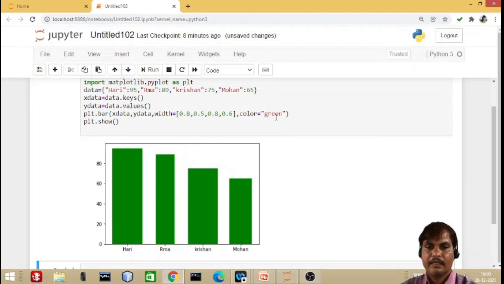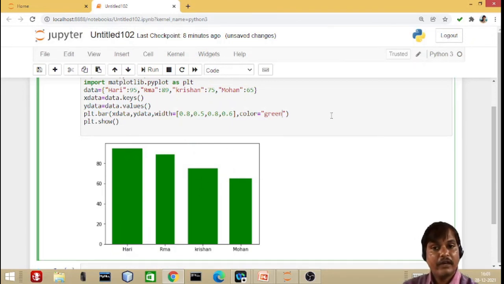Yes. Now what do I have to do if I want to put each bar with a different color? Just now we saw in a slide, we have to go for a list. Now you can see I am going to create a list. Green is the first one, red is the second one, blue is the third one, and black is the fourth one.